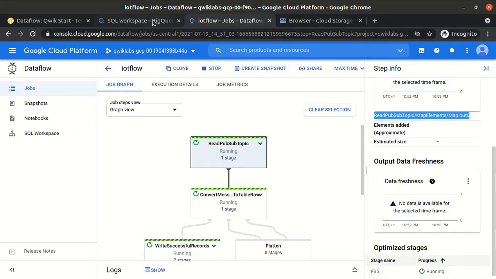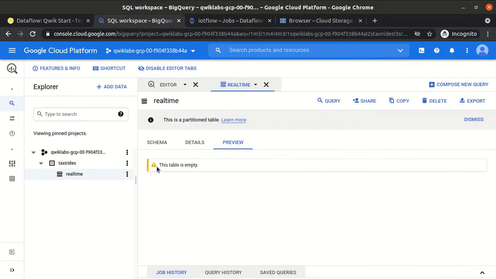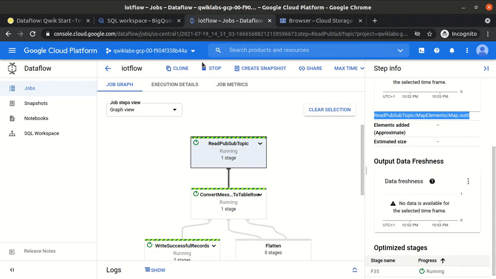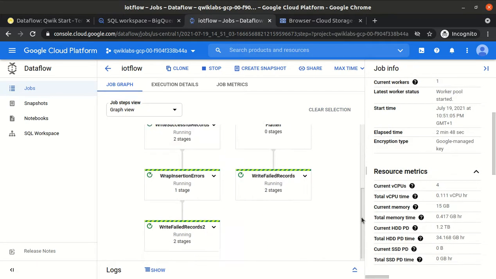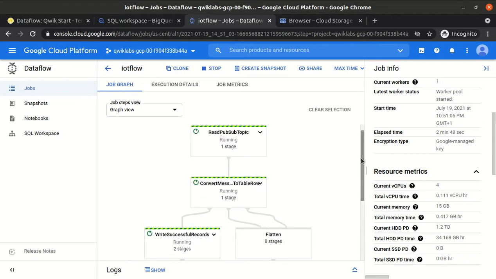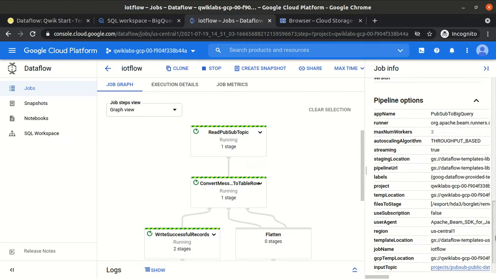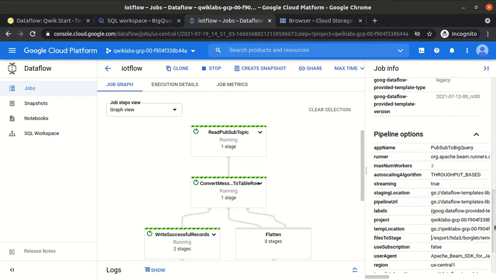After a few minutes we could see the data automatically populated here. Right now the table is empty, but the data will come here automatically, because we are using the template, Cloud PubSub to BigQuery. In the arguments we have mentioned the BigQuery destination table, so it should be that, right? Has it started reading the data?